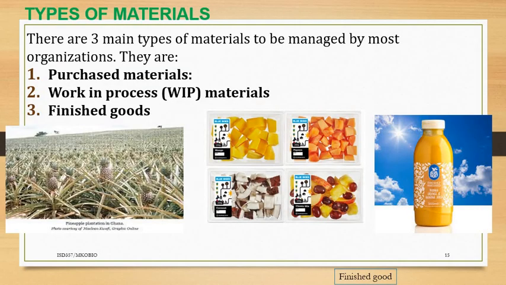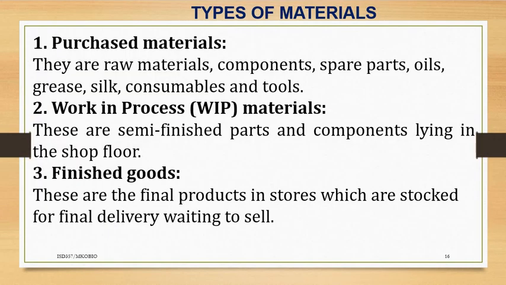So here we have the types of materials. First, we have the purchased materials, we have work in progress, and you have finished goods. Here, the purchased materials are the raw materials or components that are used to